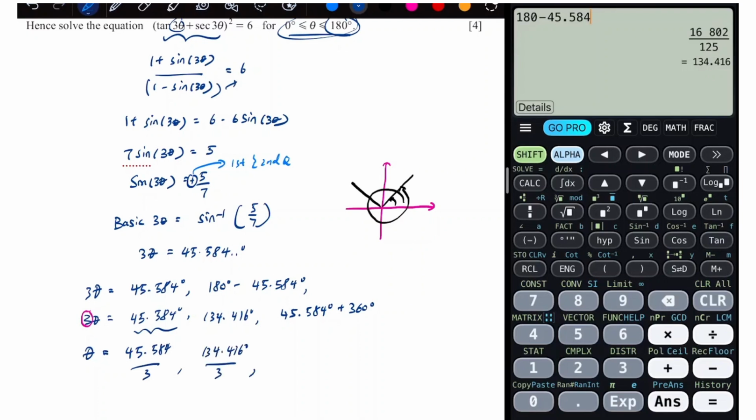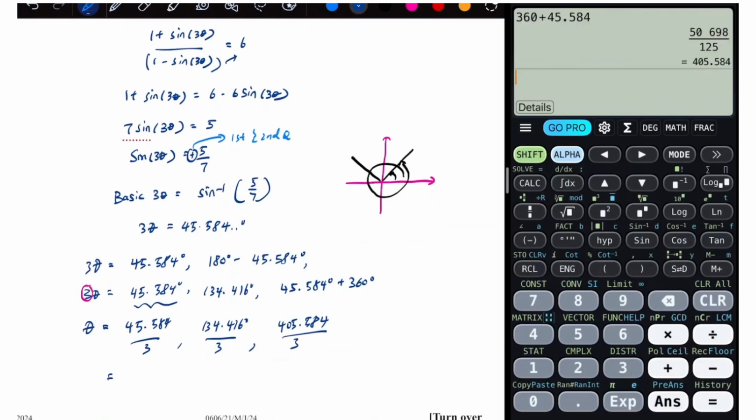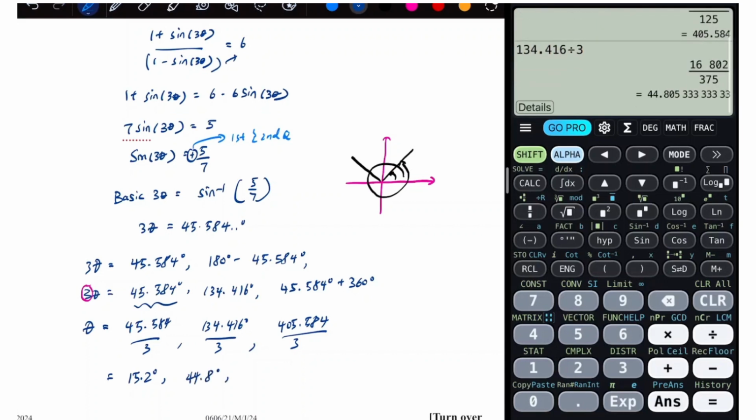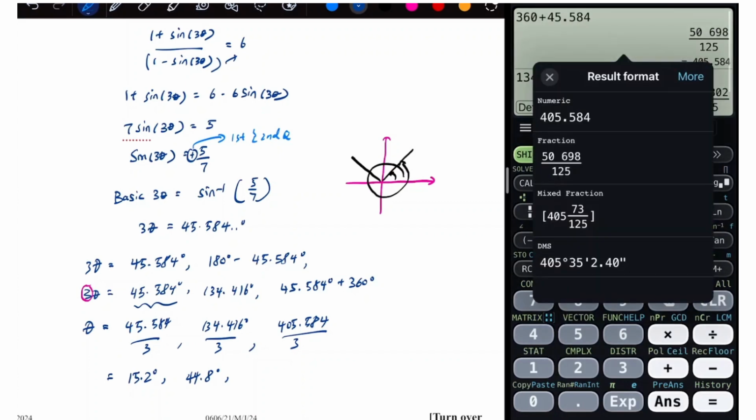104.46 divided by 3, so that's gonna be 360 plus 45.584 divided by 3. As you can see, technically we're still, hold on, that's gonna be 405.584. So we divided by 3. That's gonna give us 45.584 divided by 3, 15.2. And the other one, that's gonna be 44.8. And then this one is gonna give us, say,